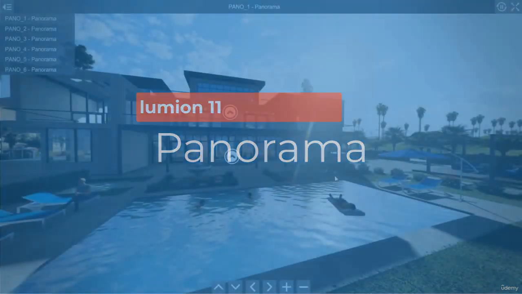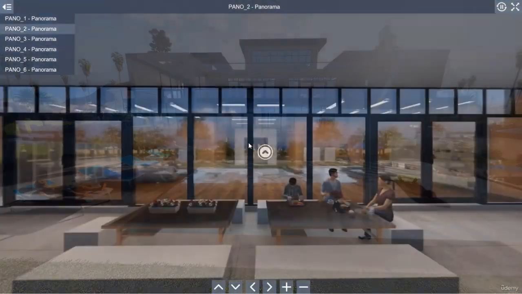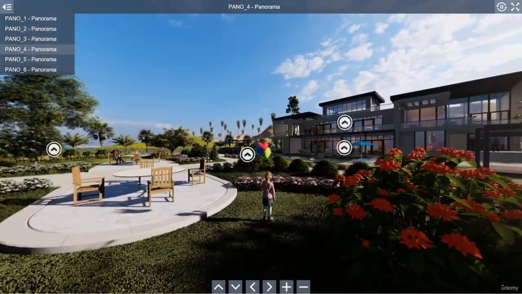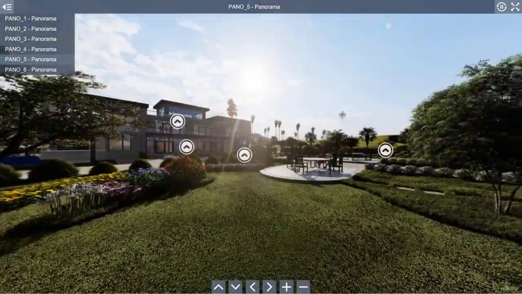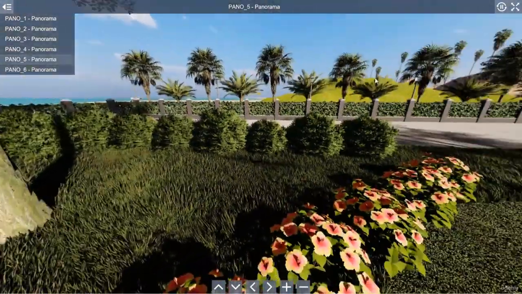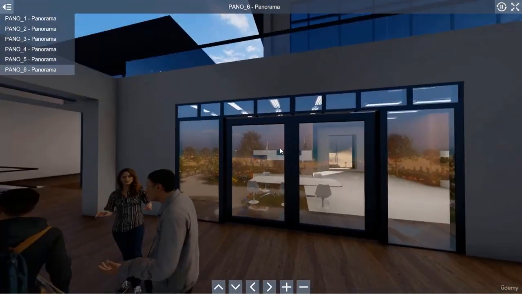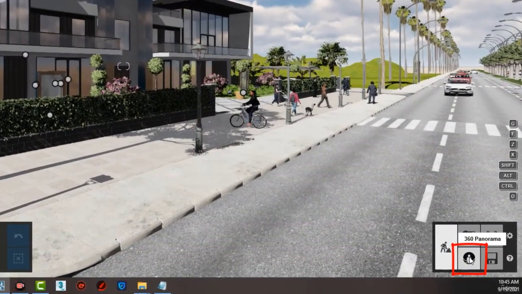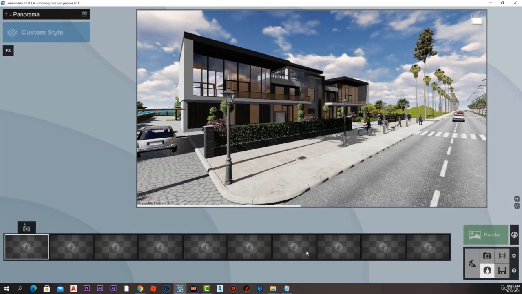Creating panorama images. In this lecture, we are going to learn how to create 360 degrees panorama images and put them together in a very impressive file to be sent to our clients and give them an amazing experience of our designs. To access panorama mode, we will press that panorama icon down here, and that will take us to